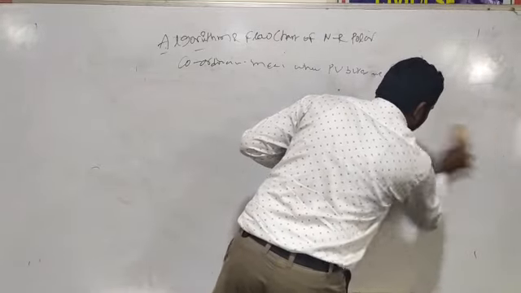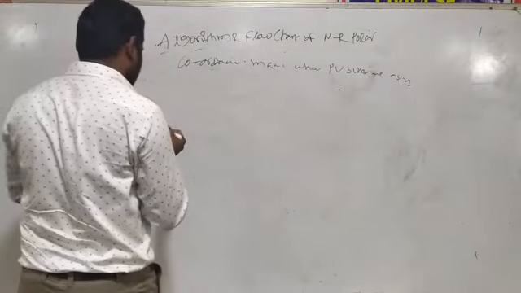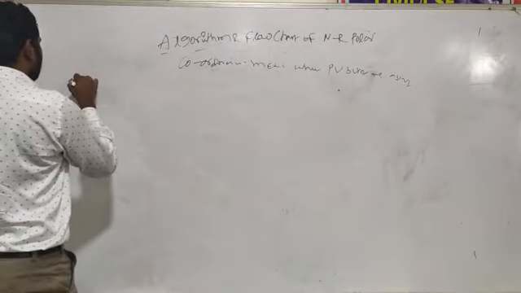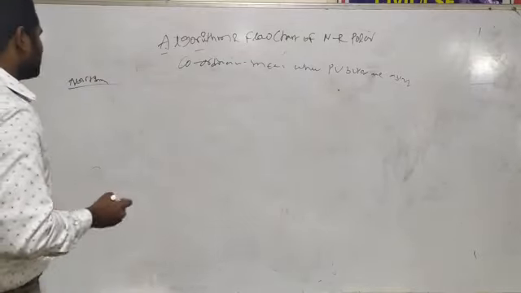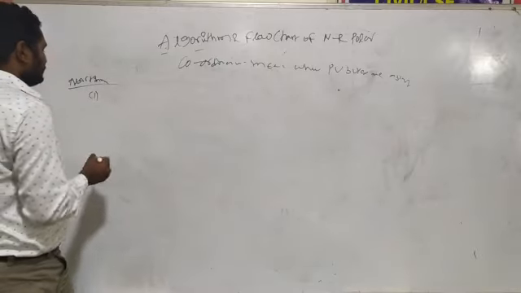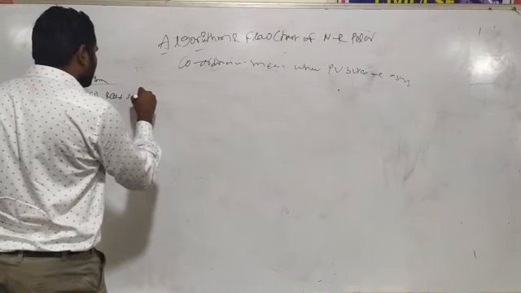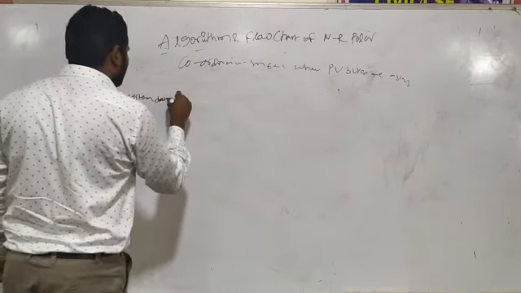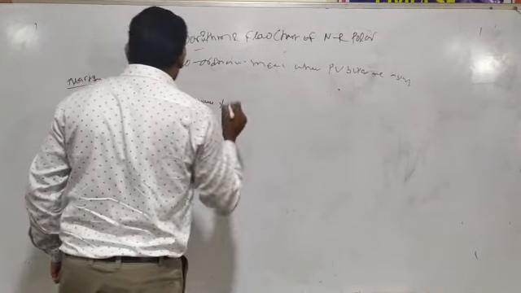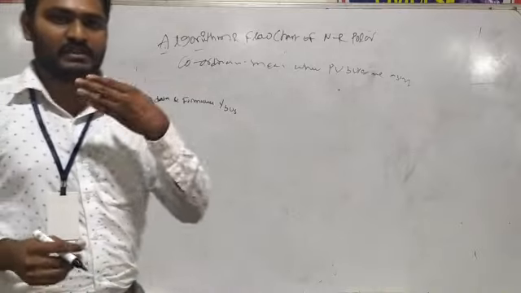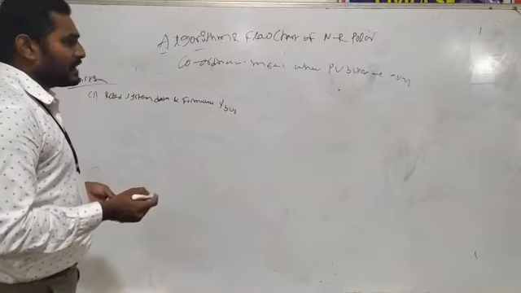So how do we write the algorithm for the NR polar coordinate method when the PV bus is absent? We already know that an algorithm is a step-by-step procedure for a given program or problem. So in this one also we have to discuss the algorithm in a step-by-step manner. First step is to read the system data and formulate Y bus. This means if we are given a problem, we have to read that data and formulate Y bus by using the data.